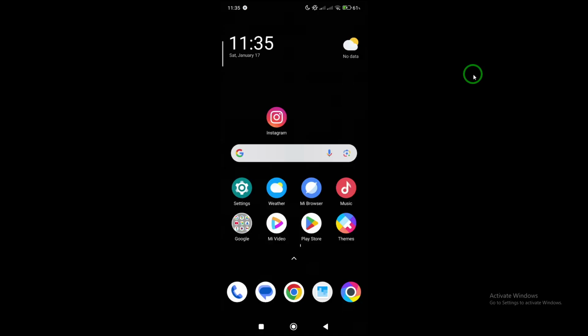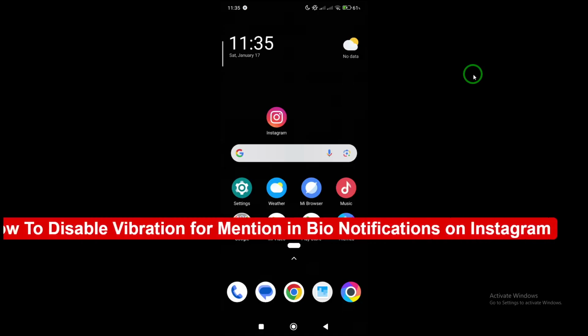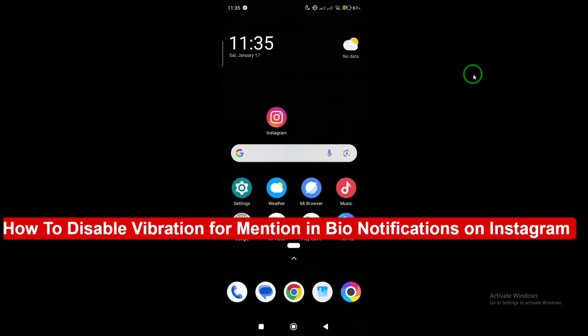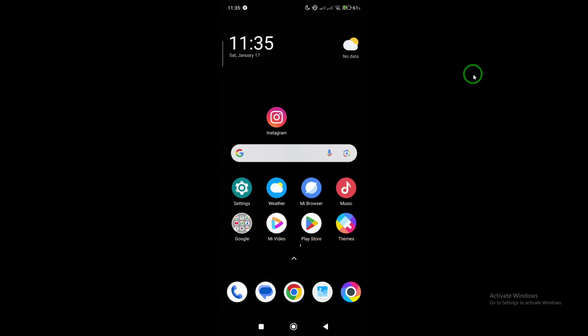Welcome to this quick guide on how to disable vibration for the mention in bio notifications on Instagram. If you've ever felt your phone buzzing endlessly whenever someone adds or updates their bio mentioning you, this video is for you. We'll walk through the exact steps so you can stay in control of your alerts without missing the